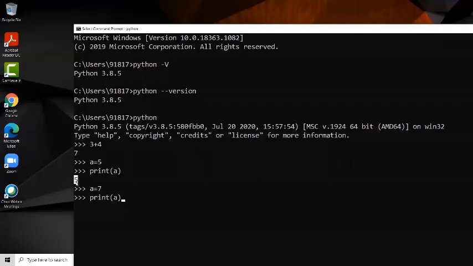Again, the same variable I am using, but the value I assigned here is a different one. Again, I want to print the a value. What does it print now? Either 5 or 7. 7, ma'am. Good. It prints the value 7 because the a value is updated here.